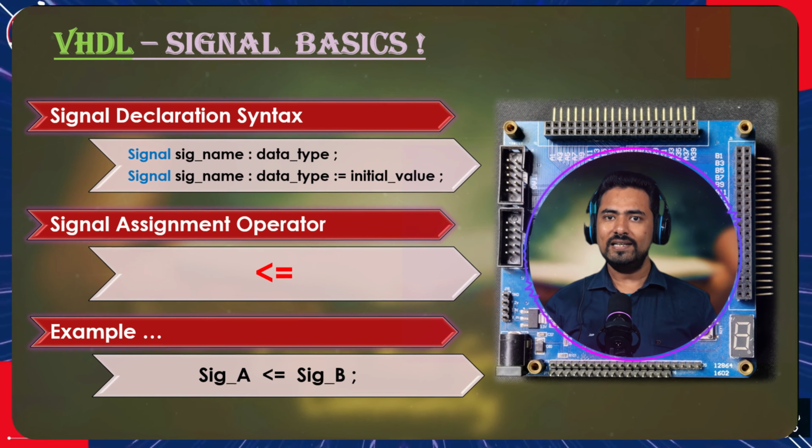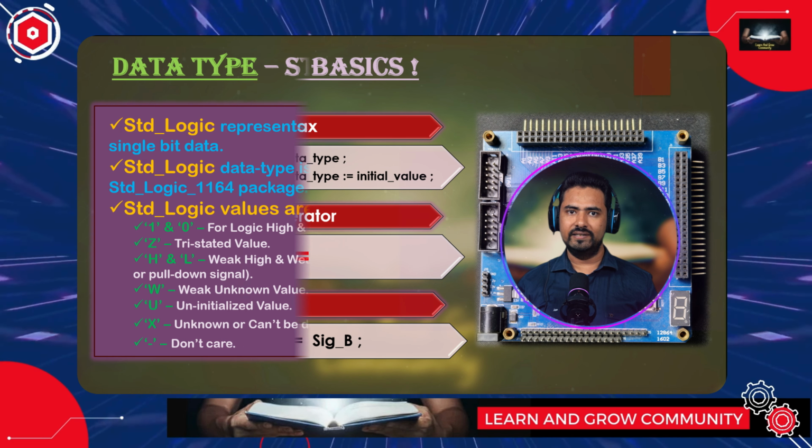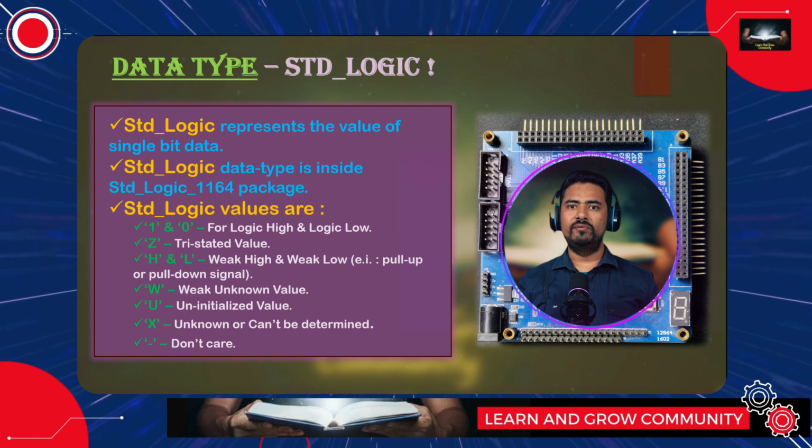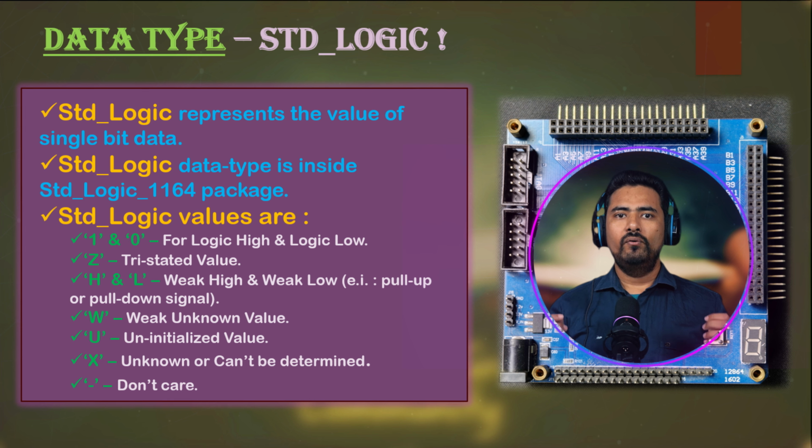Hi, in the last session, we had some overview of how we define the signals in VHDL. Now, in this video, we will talk about the data types which are pre-supported by VHDL. We will understand what type of information those data types carry in the signals. This is important because you can only connect one signal to another signal when their data type is the same.